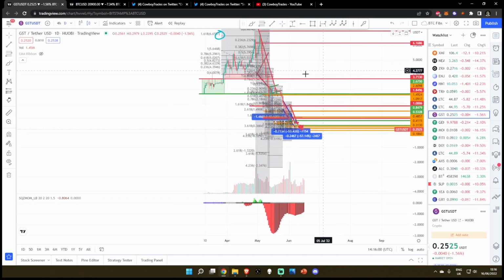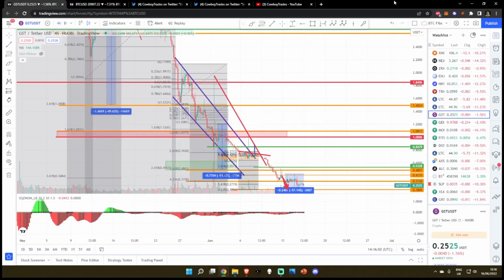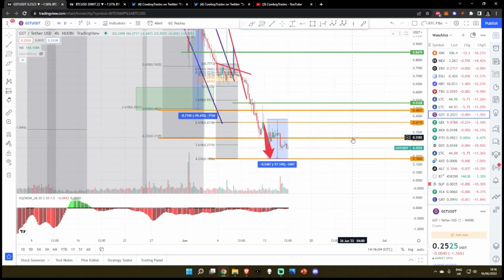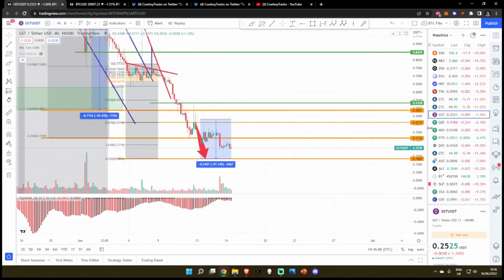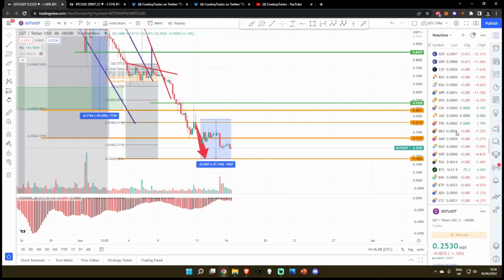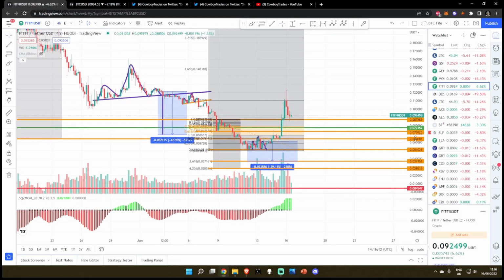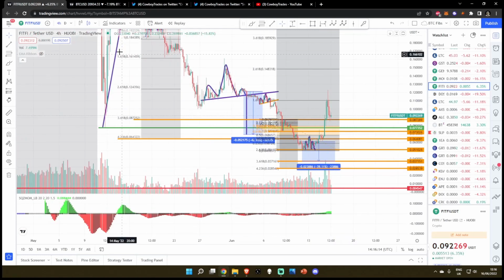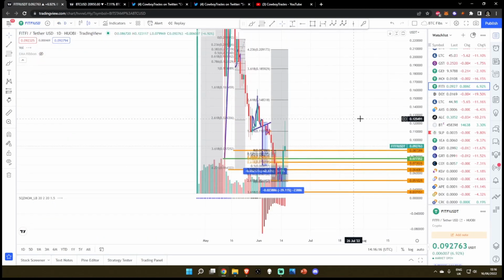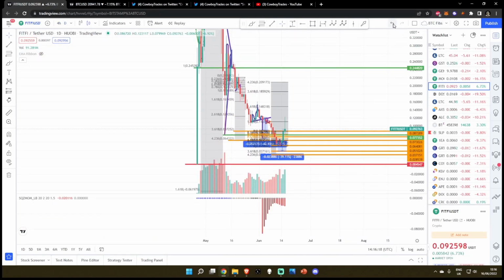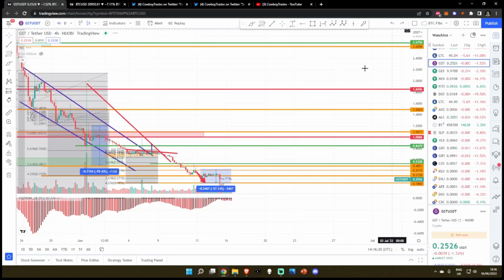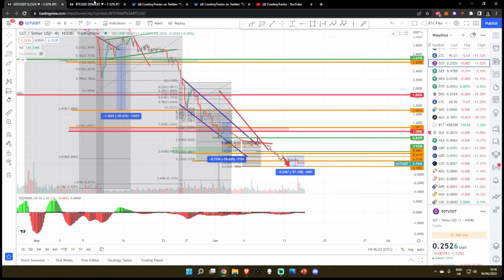The fact of the matter is, yes, we've had a lot of dead cat bounces on these charts. For example, if we look at what's going on with Green Satoshi Token, we did have somewhat of an okay bounce. I think FitFi was having a pretty nice bounce. Actually, yeah, FitFi had a pretty nice bounce, but the fact of the matter is this is still a lower high. The market structure is completely unchanged. I do not have any different perspectives over on the altcoin market cap. If I did, then I would be updating you, but you know my perspective.